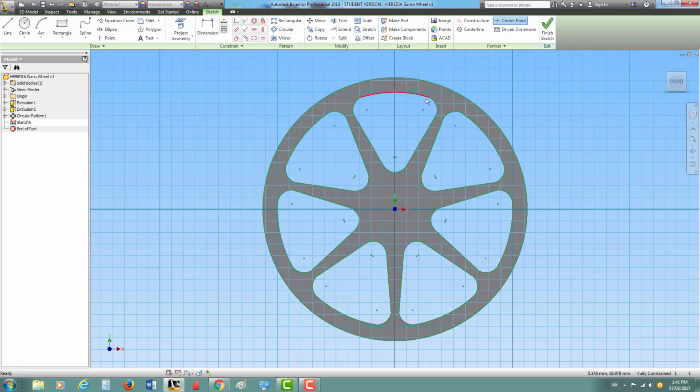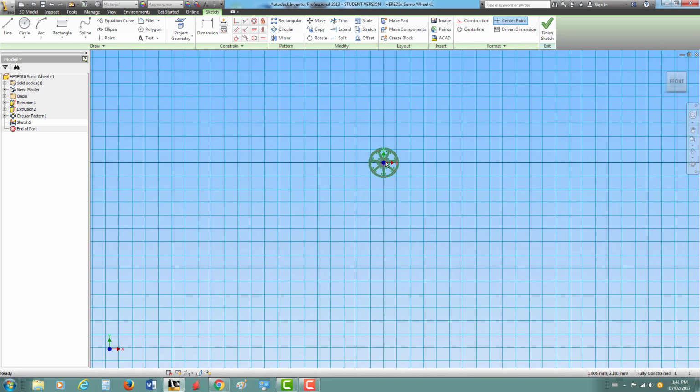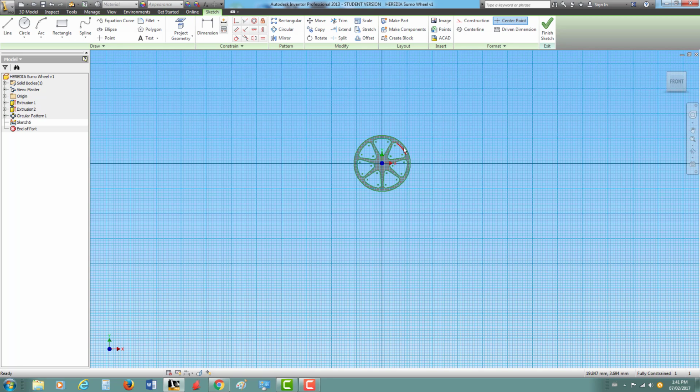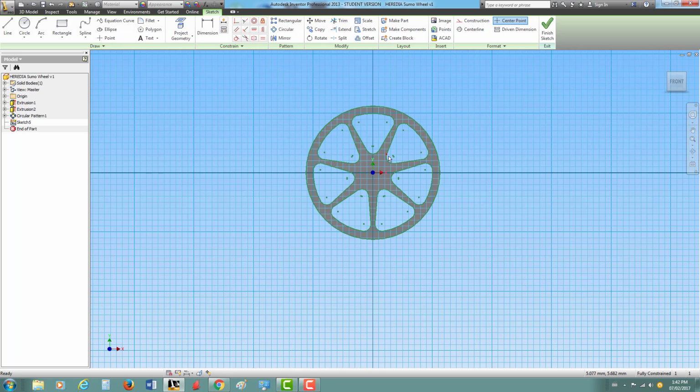You'll notice that there are these green lines. If I zoom out, it's actually easier to see. What it's done is it's automatically drawn lines around the edges of all the shapes that I had, around all the holes that I'd cut originally. So what I'm going to do is click and hold and drag a box around this entire thing, and click